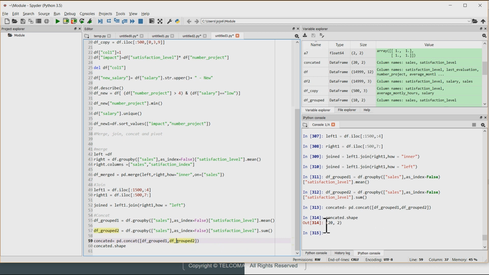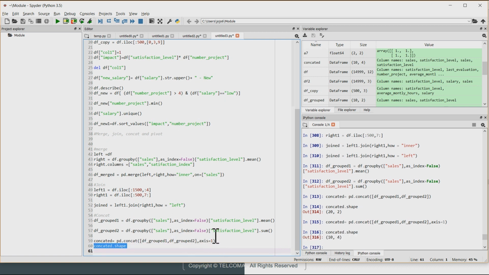and we are concatenating them on the axis, we have a resultant of 20 rows and 2 columns. Now, if in case we provide the parameter axis is equal to 1, so now it will do a column level concatenation, which means that it's a horizontal concatenation. Now if we check the shape, it will be 10 rows and 4 columns. This is how we simply go ahead and append rows to a data frame, or we horizontally concatenate two different